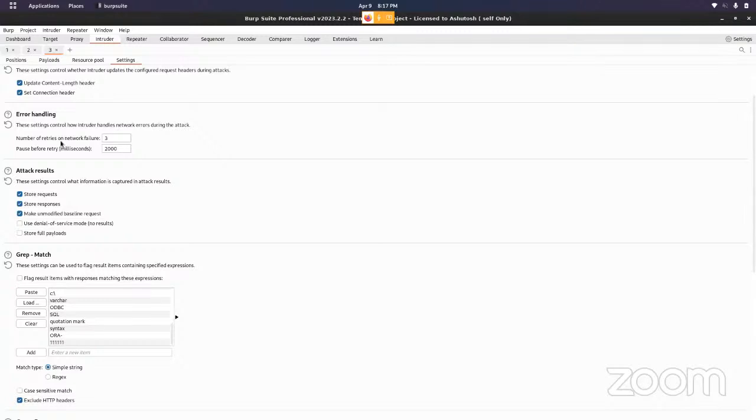Talking about grep extract, it is also useful if you want to extract information from the responses. If you are hoping for an administrator or some particular keyword in the response itself, you can use this grep extract, so that it filters out all of the responses in which the particular keyword is present, right? You can also check for the grep payloads. So what it's going to do, it's going to flag